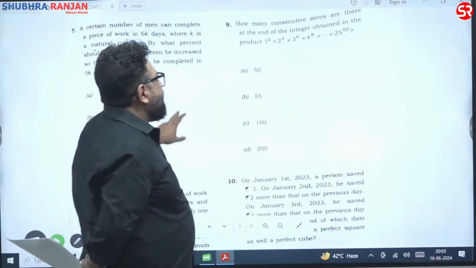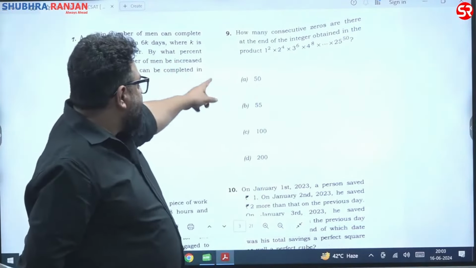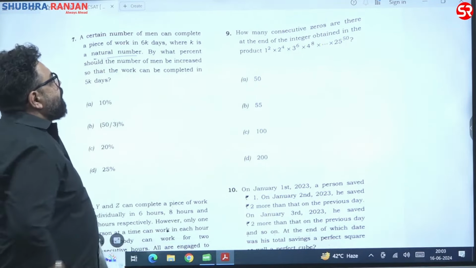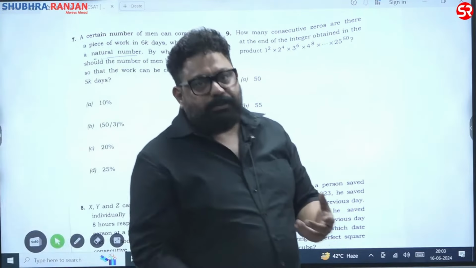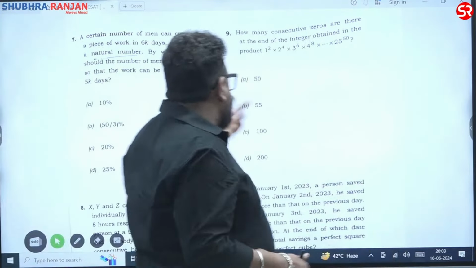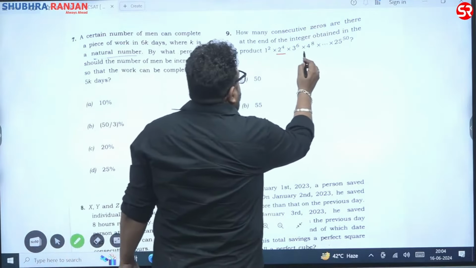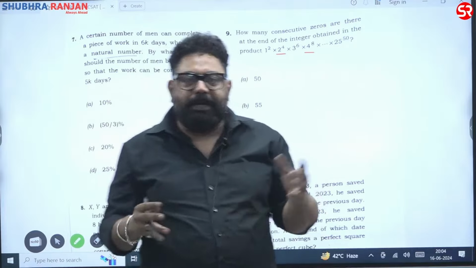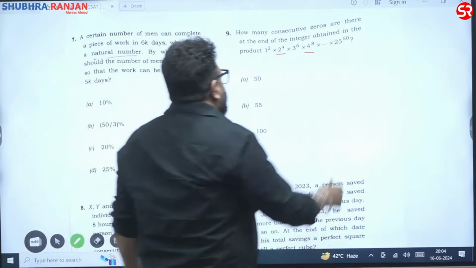You can see CSAT numbers class 1, 2, 3, unit digit number of zeros. This question was given as a homework, right? How many consecutive zeros at the end? So the number of zeros would be decided by either the power of 2 or the power of 5. But we realize over here that the power of 2 is coming many times, and the power of 5 is not coming that many times. So I would say if you write the power of 2,